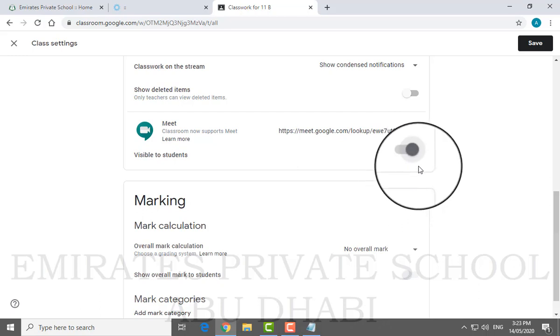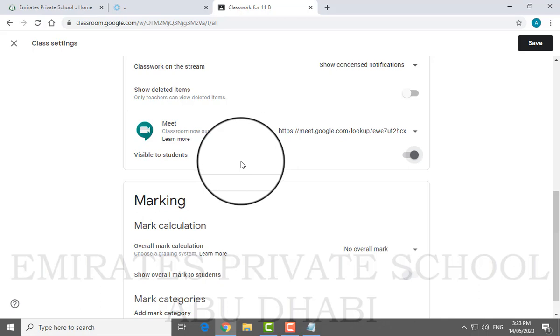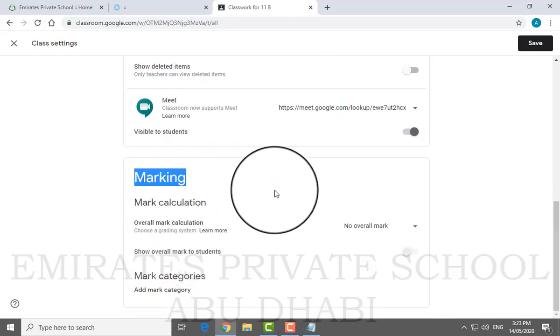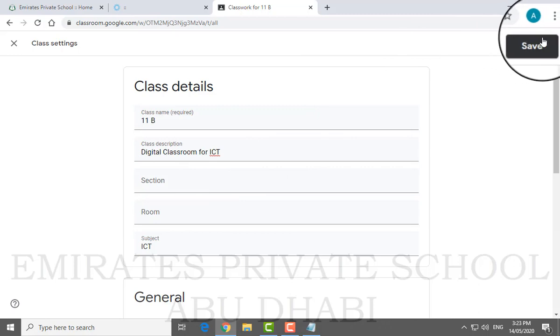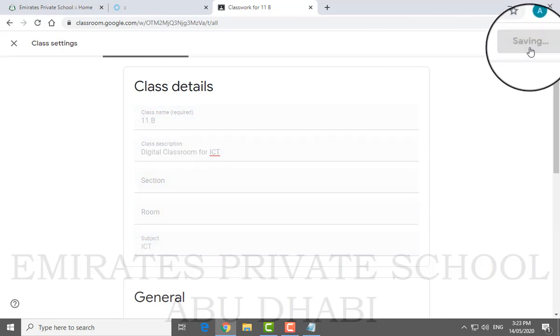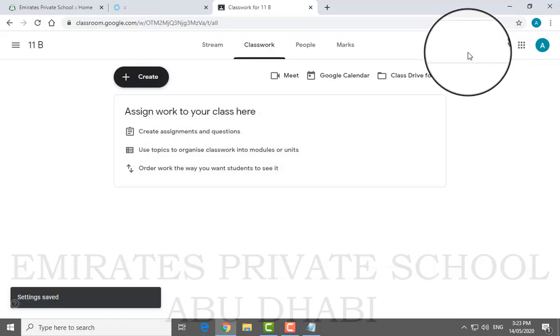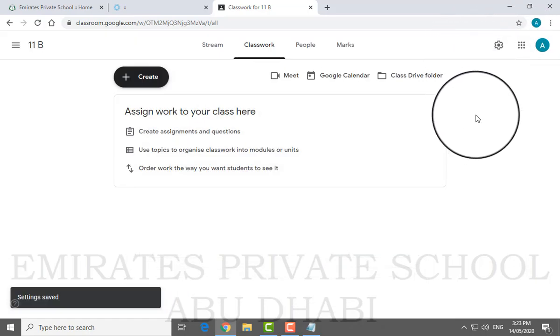Now after doing this, we'll stop over here. We are not going to the marking part. We have not done anything yet on the examination, assessment, assignment. So after you set up all these things, you just come and hit the save button over here. Once I click on this, this class has been saved. I hope I'm clear up till here.